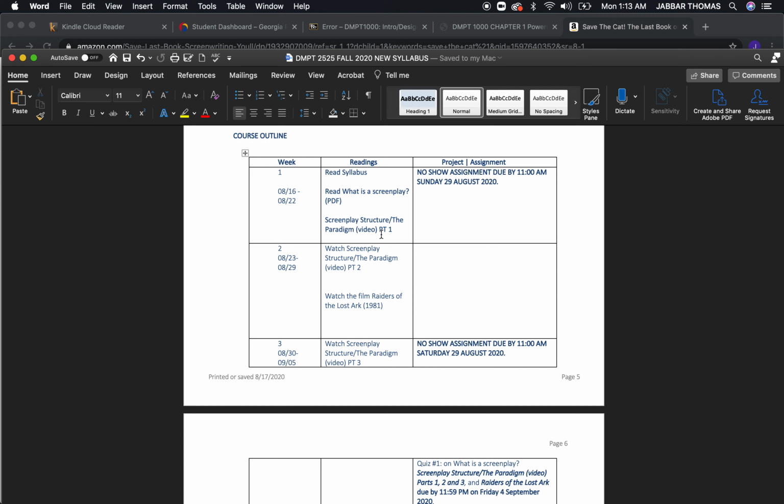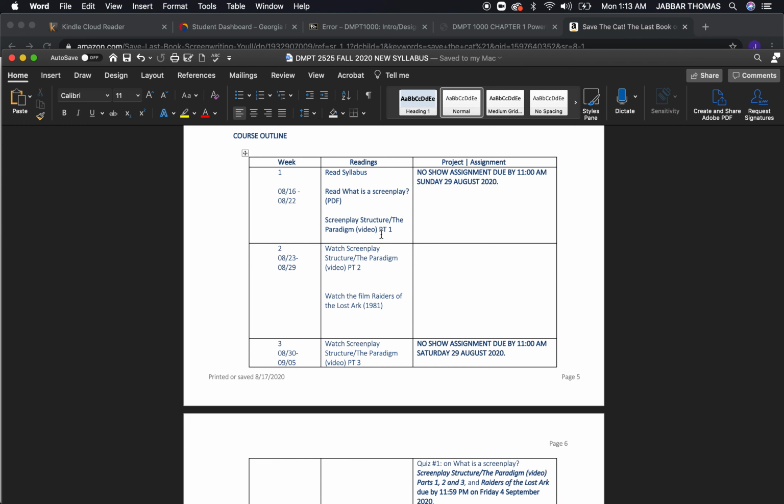The reason why I'm talking about what is a screenplay, screenplay structure, and a paradigm apart from the textbook is that the textbook doesn't really start on the ground level. What's a screenplay? What's the format? What's the structure? They don't really talk so much about that. They talk more about developing your concept and certain things that should happen over the course of your screenplay, right? Well, you'll understand what I'm talking about a little later on.